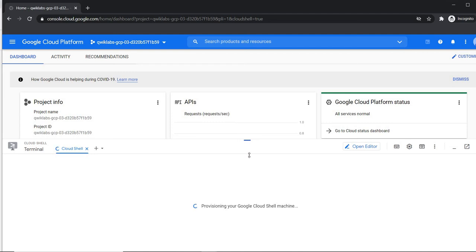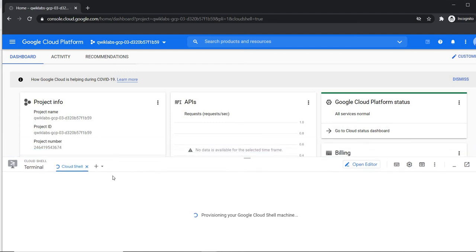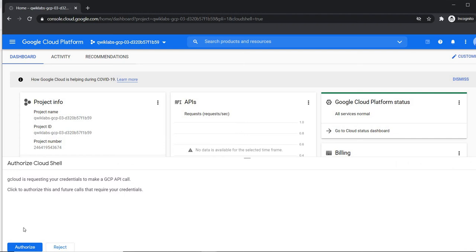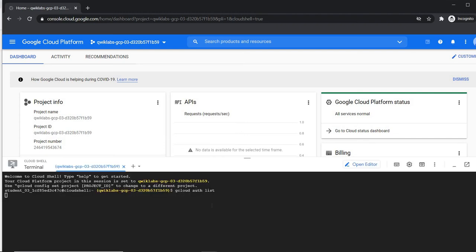And as usual, you have to verify your account using the gcloud auth list command, so that you can verify which Gmail account you are using, and the gcloud config list command, so that you can list the project ID you are using in this lab.